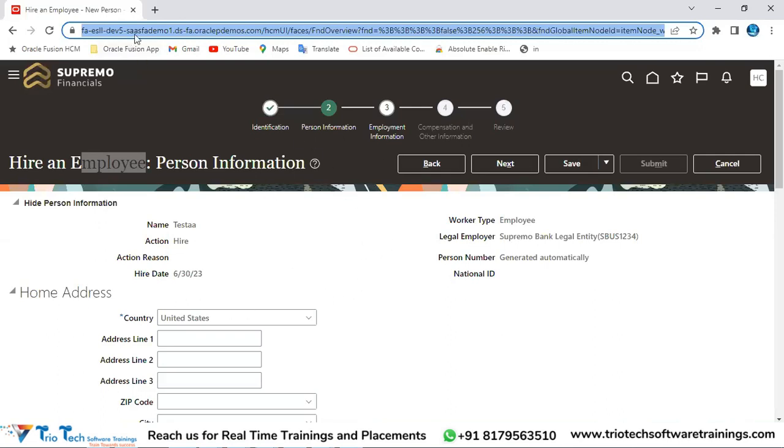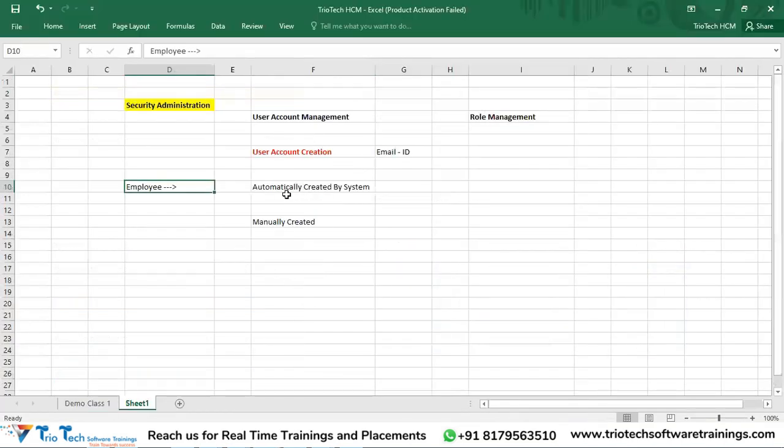So our team members will not be hired in the application team. Then how, Kumar, if we are not hired in the system as employees, how will the user accounts be created for them? If you want to create user accounts for the implementation team, when we go for a project team, we will not be considered as employees, we will not be hired in the system, but still all of our team members require user accounts